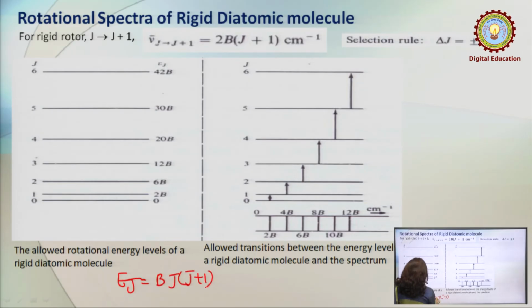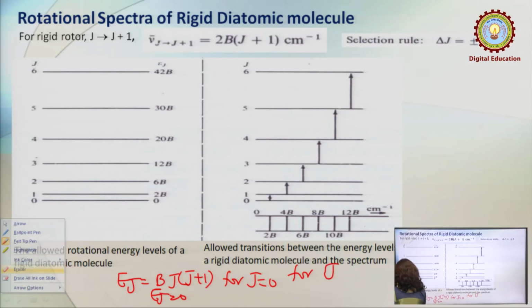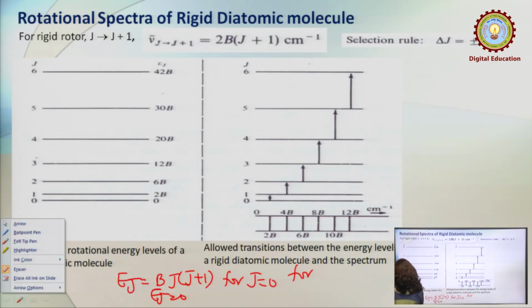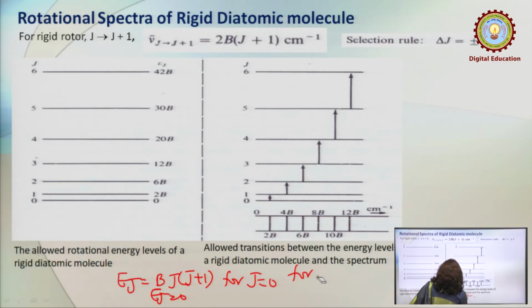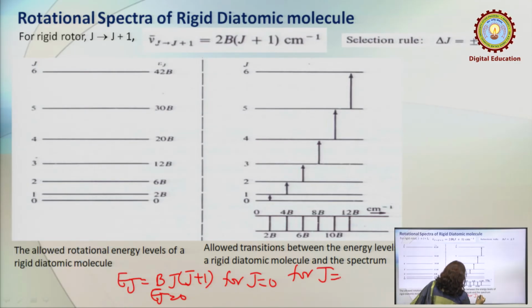By simply putting J equals 0, E_J is 0, and for J equals 1, with the help of this formula, E_J is equal to B into 1 plus 1,